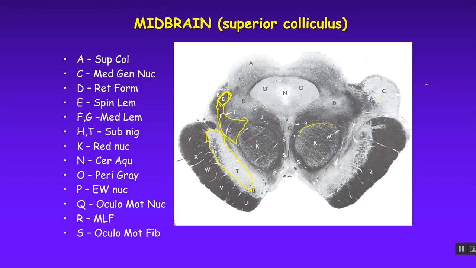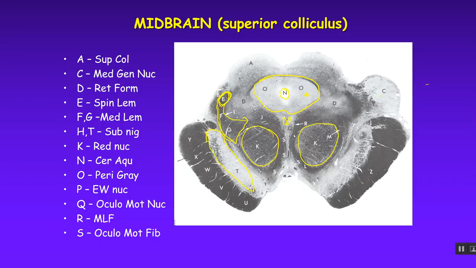K, this is pretty obvious. This big region right here, that's the red nucleus, rubrospinal tract starting point. N, that hole right there, that's the cerebral aqueduct. O, this whole region through here is that periaqueductal gray, the PAG. So there's cell bodies in there that have axons that project down to the spinal cord for pain control. P,